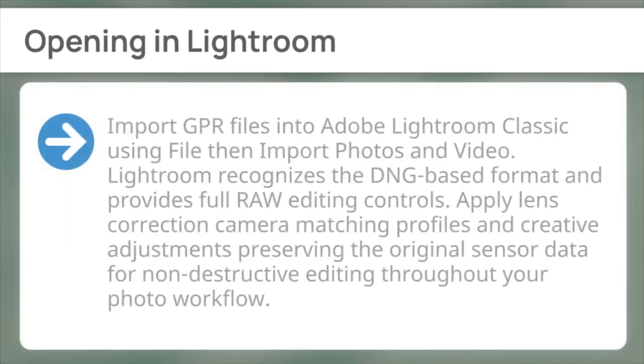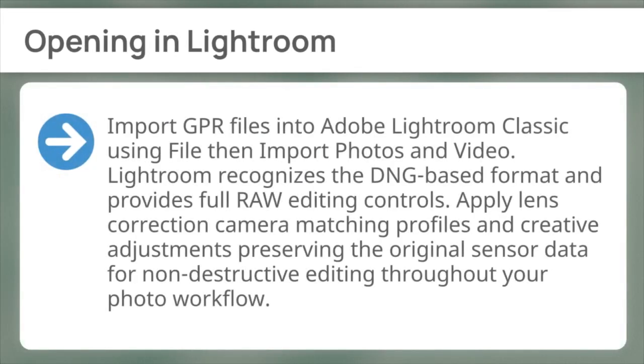First, opening in Lightroom. Import GPR files into Adobe Lightroom. Classic using File, then import photos and video. Lightroom recognizes the DNG-based format and provides full RAW editing controls. Apply lens correction, camera matching profiles and creative adjustments, preserving the original sensor data for non-destructive editing throughout your photo